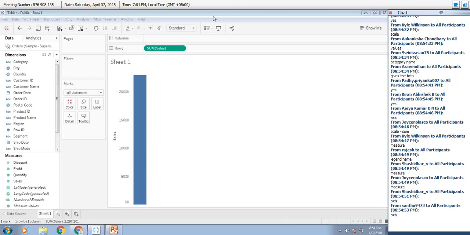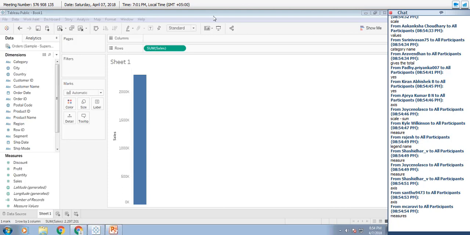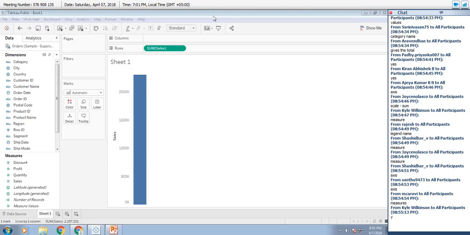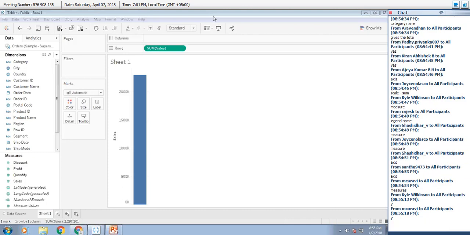Alright, so sales is a measure and it is a continuous entity. So whenever a continuous entity is used in Tableau, an axis will be generated. Is this point clear? Whenever you bring in a continuous entity, an axis is generated.